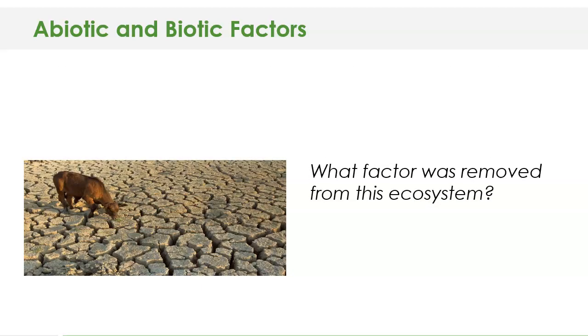Take a look at this particular picture here. I'm not sure how realistic this picture is. It looks a little bit like it may be photoshopped, although it's a little hard to tell for certain. But if you had to take your best guess, what abiotic factor was removed from this particular ecosystem? Hopefully you have guessed that it would appear that water has been removed. The ground appears to be quite dry and cracked because of the lack of water there. So obviously this is an area that would not support populations of organisms living here very well.